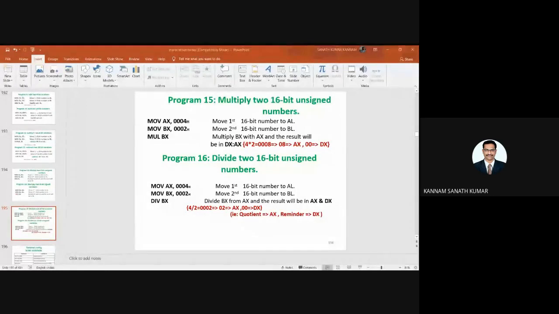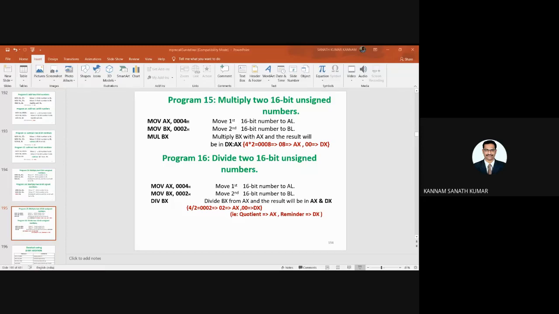And next, multiply two 16-bit unsigned numbers. If you see, you are taking one 16-bit number into AX and another 16-bit number into BX. Move AX comma 0004H, move BX comma 0002H. So MUL BX.